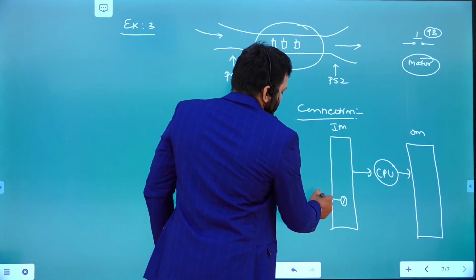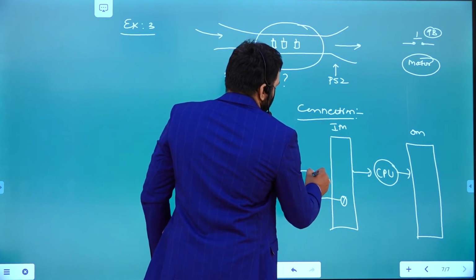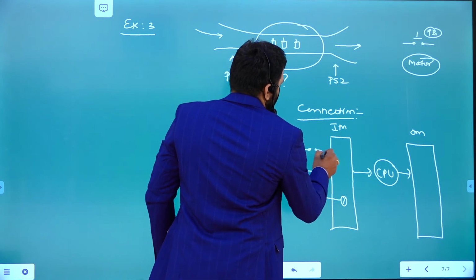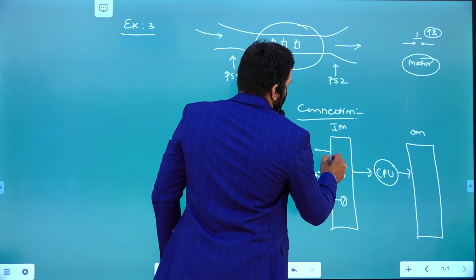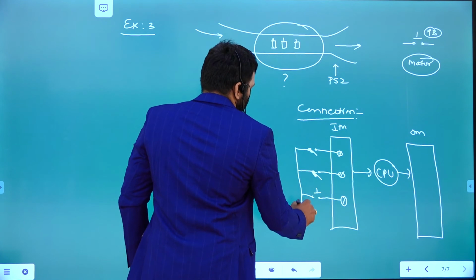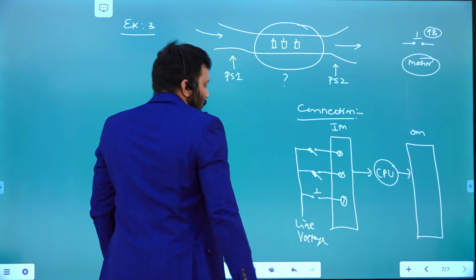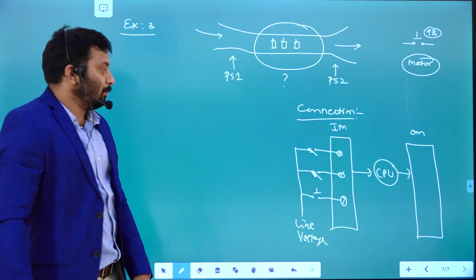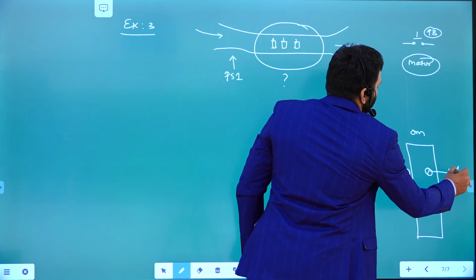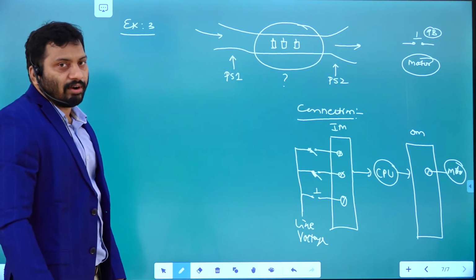Here it is going to be connected to one push button to control the master, and another proximity sensor which is going to be connected to the other terminal, right? So another proximity sensor, all are connected to the line voltage. Line voltage is going to come from the power supply terminal of the input module, right? In a similar way, the output motor is going to be connected like this, which is going to run the conveyor belt, right? Initially it is in the off condition only.